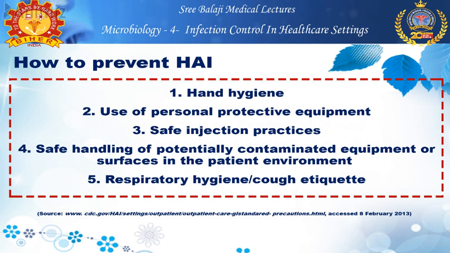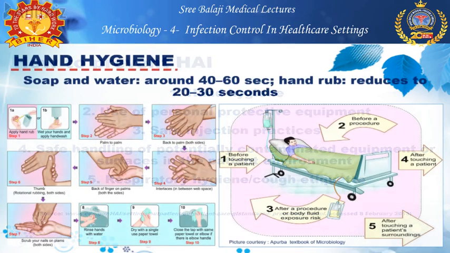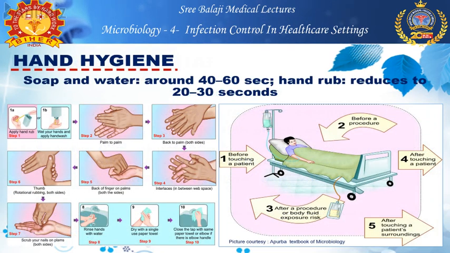And the third one is safe injection practices. And the fourth one is safe handling of potentially contaminated equipments and surfaces which are in the patient environment. And the fifth one includes respiratory hygiene or cough etiquette. First, we'll start with hand hygiene. So hand hygiene is nothing but hand wash or hand rub, which is very imminent when you deal with